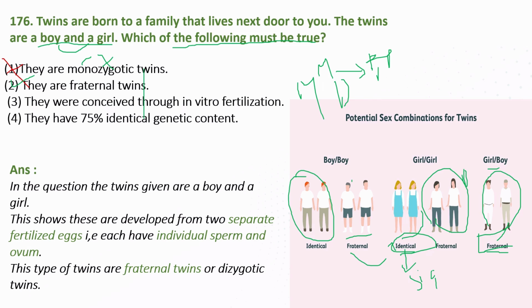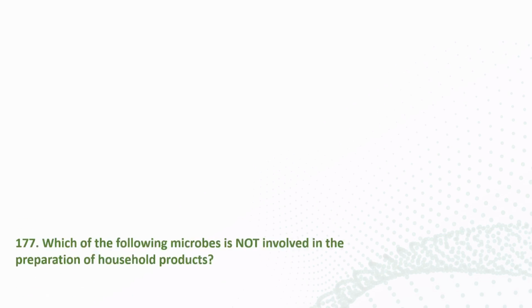If you move on to the third option, they were conceived through in vitro fertilization. No, they are not. Fraternal twins can be conceived normally. And the option saying they have 75% similarity, no, you cannot say that, because here you have dizygotic twins, and they are not that similar. So that option is also wrong. In this, you have to say that the boy and girl born to your neighbors are fraternal twins. Okay, and the next question is from